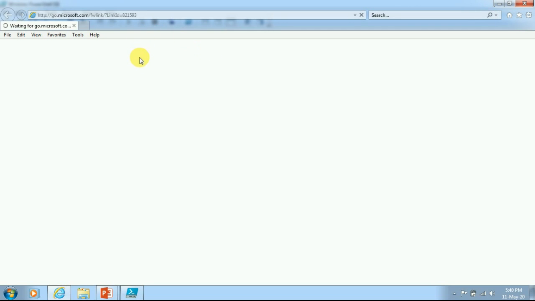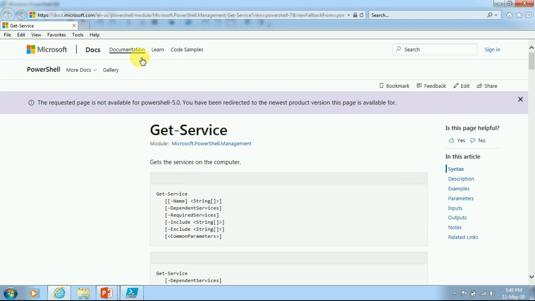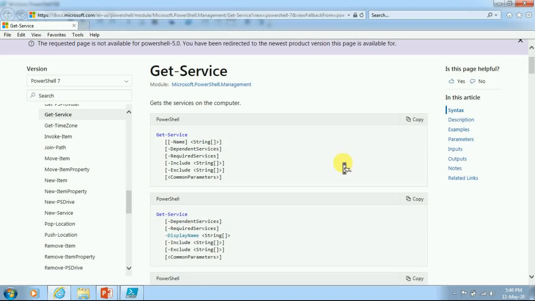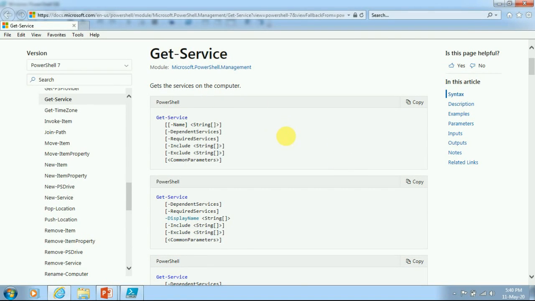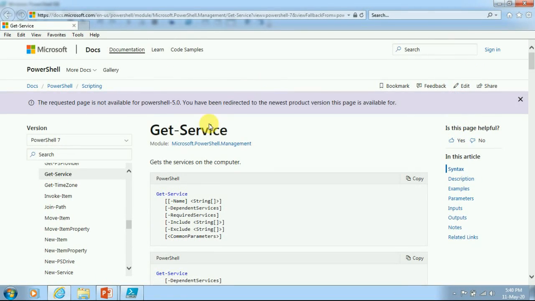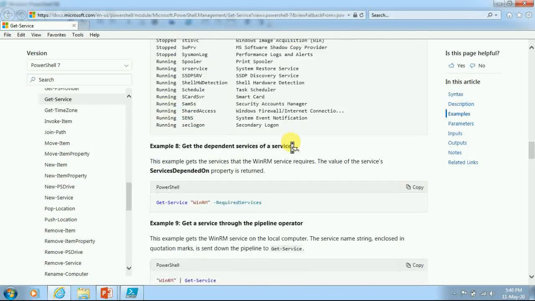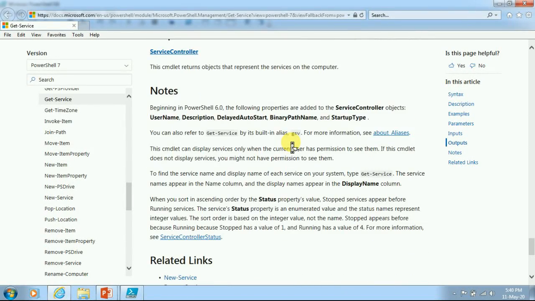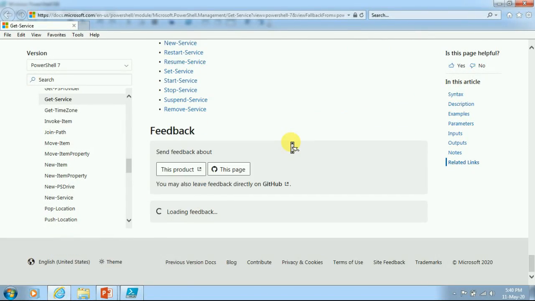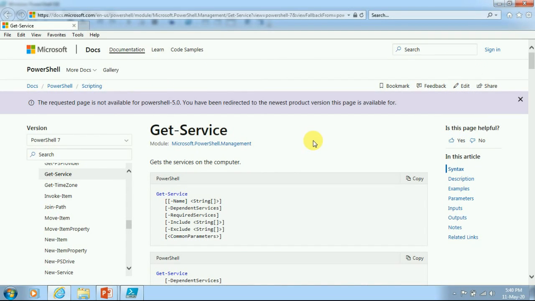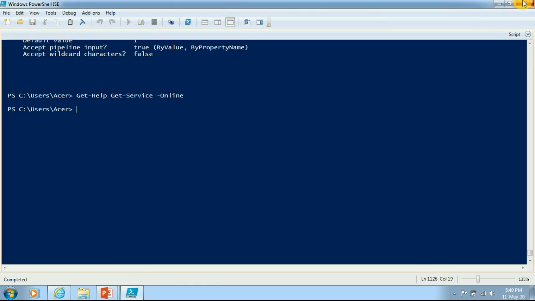Now you can see that as soon as I executed the cmdlet, a new browser opened and the same section has been opened. Now we can refer to it online also. And here you can see that the full information has been given. It's not partial or detailed information. So we can either read the help information in the cmdlet only or we can read it online also.